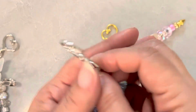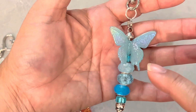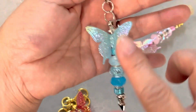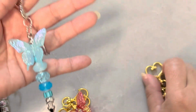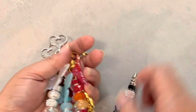Because I'm going to do it as a make and take, what I'm going to do is unscrew it. I'm going to put it all in a little pack. I'll keep this all together so that they don't have to bring tools, but then they can position it how they want. So if they don't want to do it like how I did it, then that's up to them. But anyway, that is my make and take project for some of my